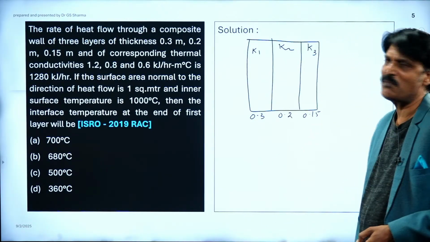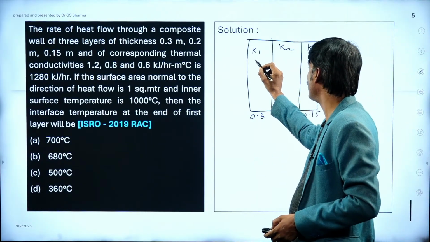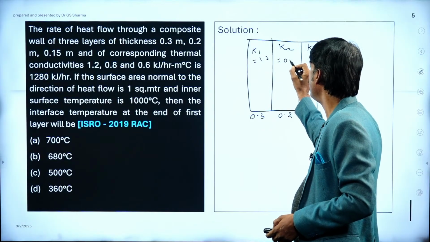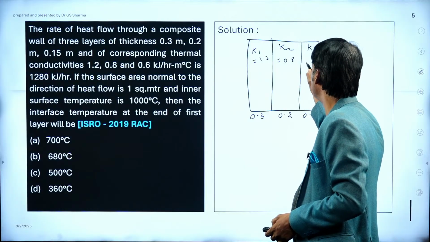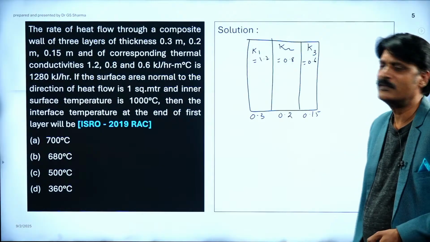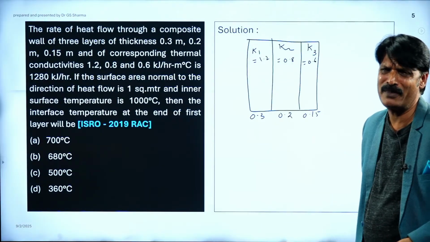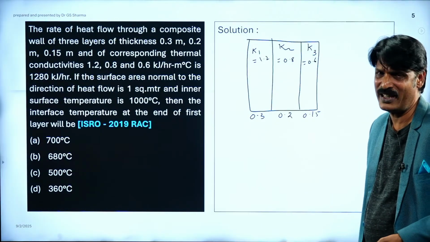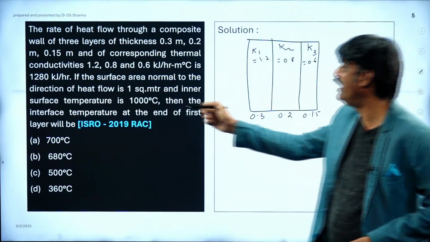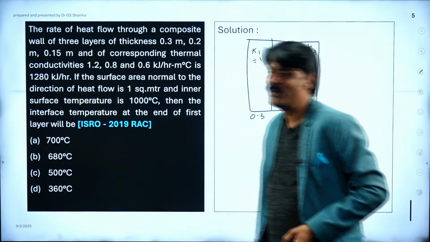And the corresponding thermal conductivities are 1.2, 0.8, and 0.6 kilojoule per hour. You can convert that into watt per meter Kelvin or watt per meter degree centigrade,